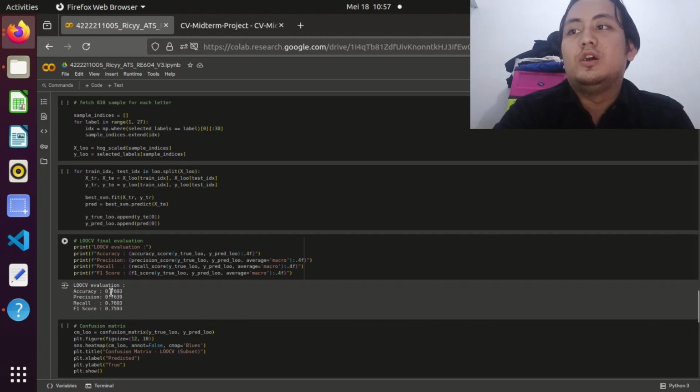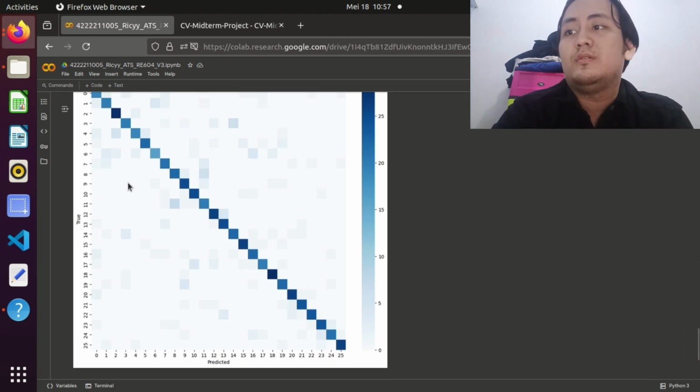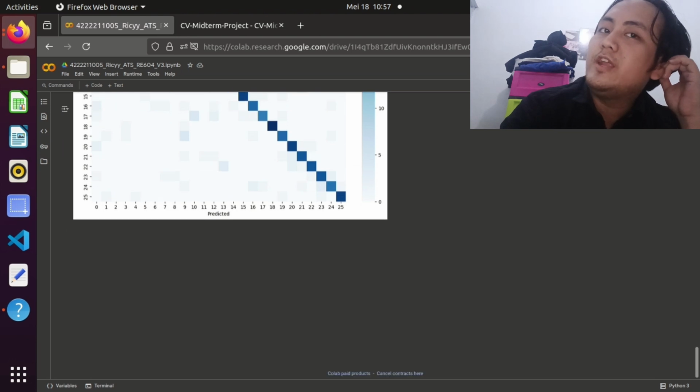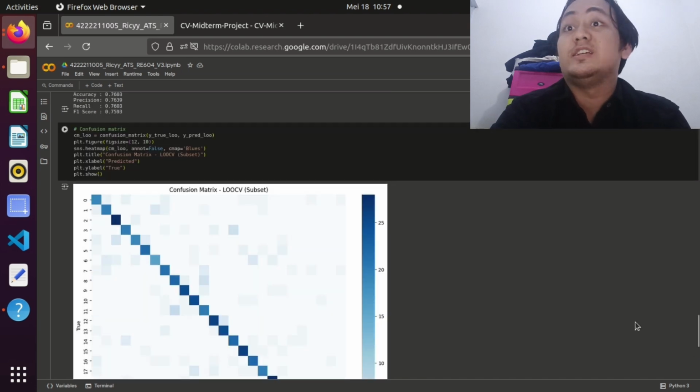Next, I do LOOCV, leave-one-out cross validation. This method trains the model on all data except one sample and repeats this for each sample. It is quite accurate because it uses almost all data for training in every iteration, but it's also very computationally expensive.